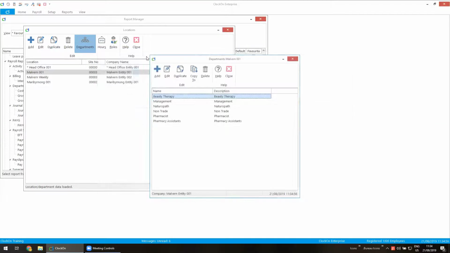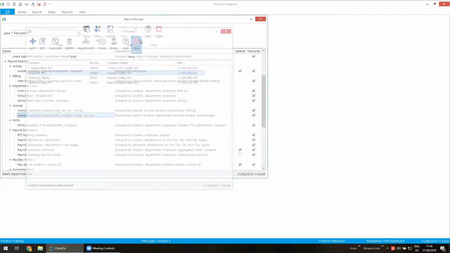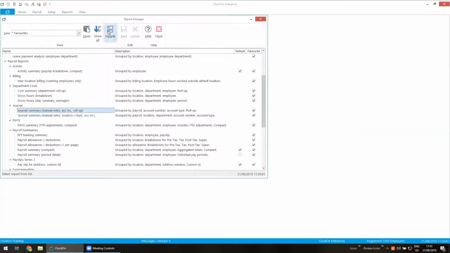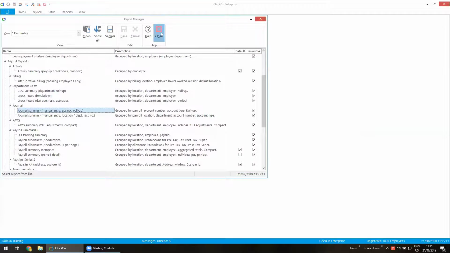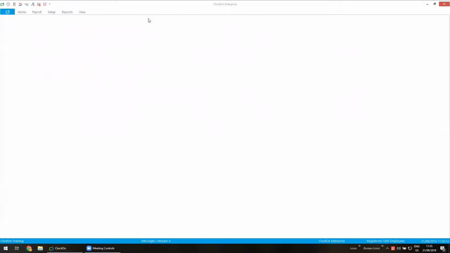Having that selected is also going to help when you run these journal reports, because you'll be able to see your job codes, tax codes, and any account numbers to put the figures, so that'll help you do that. Another thing regarding the journal codes, and this will also come into play when we run our journal exports, is that